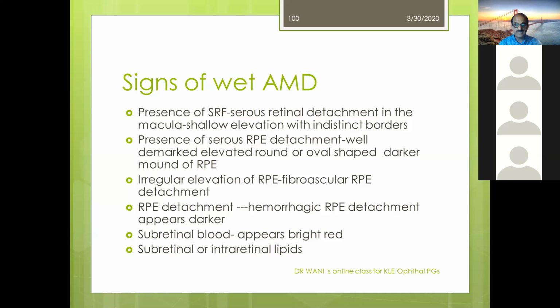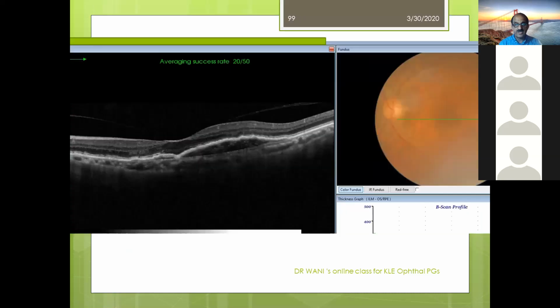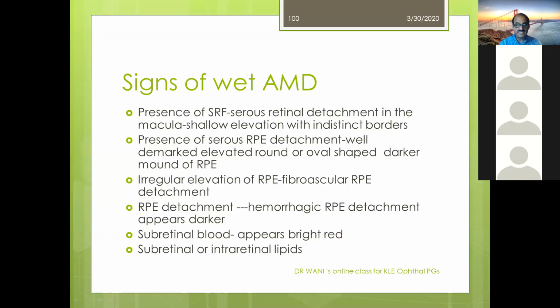And sometimes, like this patient, you cannot. This is actually RPE detachment, but it's a very small, shallow RPE detachment. So you cannot make out anything in this fundus photograph. But if there is a very high elevation of the RPE, then you can see a very well demarcated round